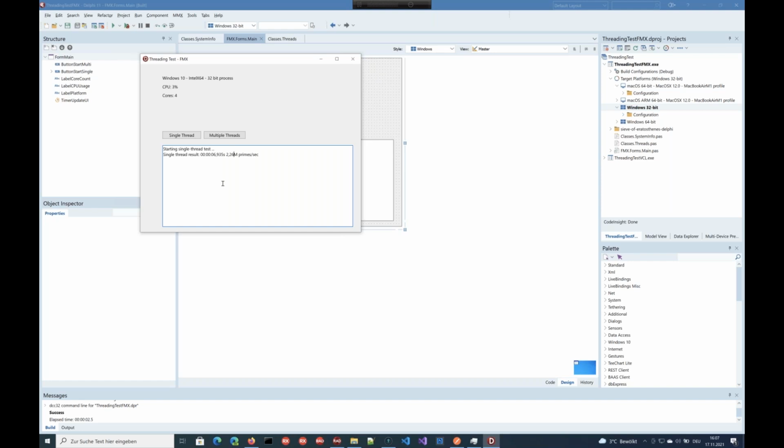So it's a little bit realistic testing. We just want to burn some CPU cycles and see how it compares to different setups here. So it's not about figuring out how to calculate primes the fastest way. Okay, so we have 2.2 million primes per second on that Windows 10